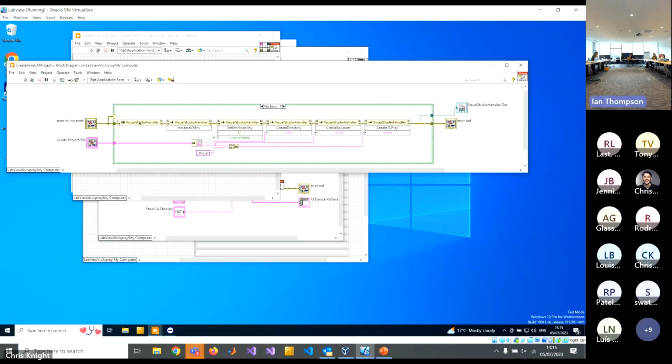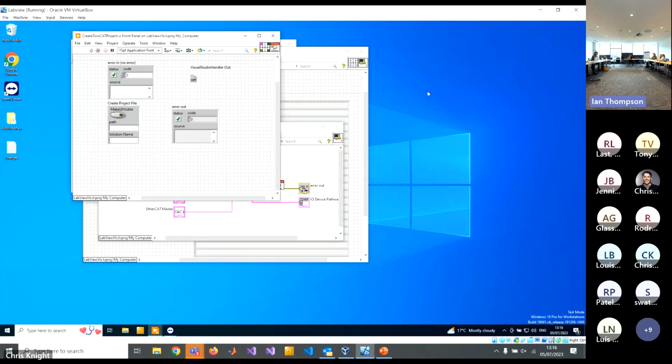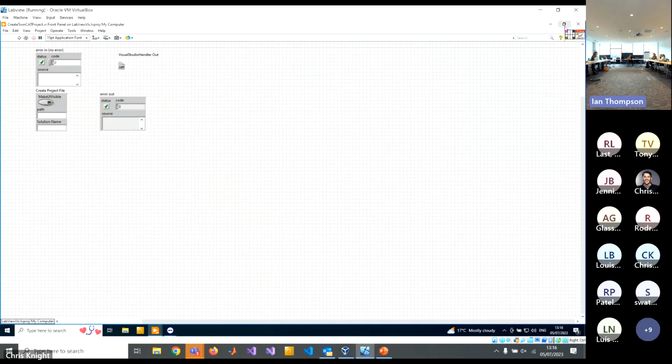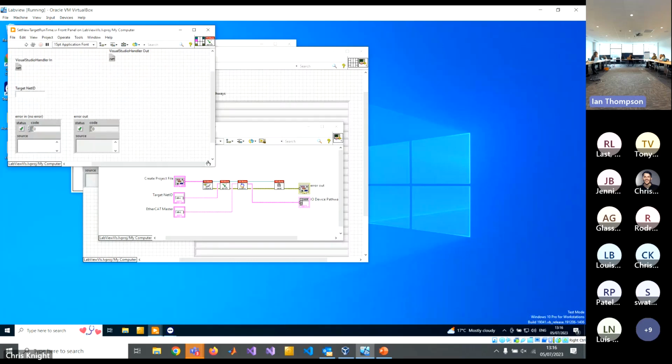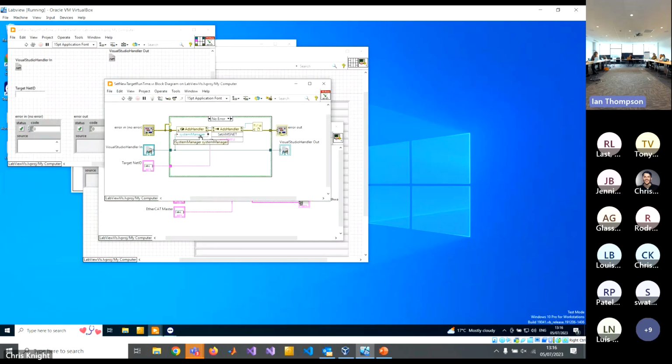I've got a constructor creating an instance of my Visual Studio handler, passing that in. I have to do this process called initialize the Visual Studio environment, which basically means it looks on my laptop for what versions of Visual Studio I've got, and then uses the appropriate one that's installed. After that, it's very simple: create directory, create solution, and then create my TwinCAT project. The next one is a very simple block that just does a thing called setting the